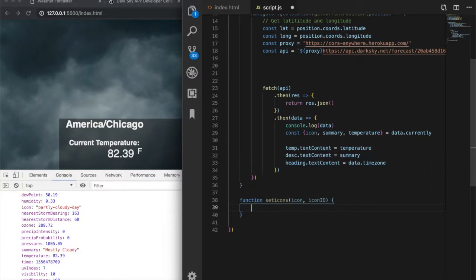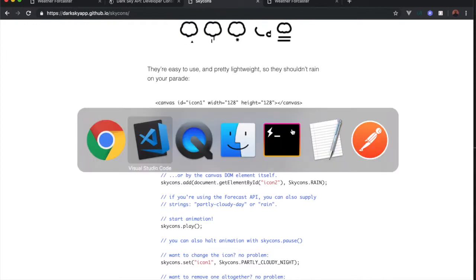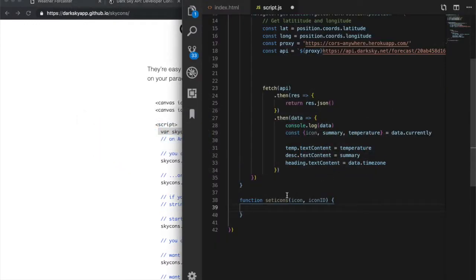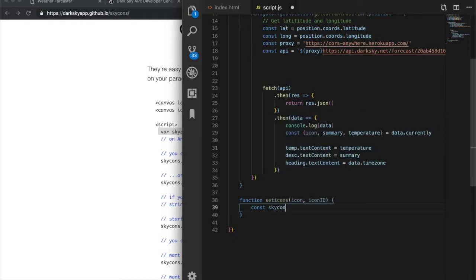Okay, so as per the code, all we need to do is this right here. So we're going to do const skycon equals new skycon,